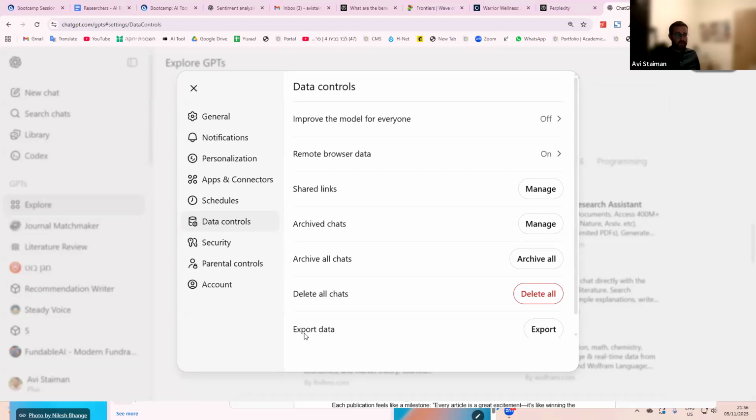So Fernando says Elsevier has a similar tool that uses articles within their journals. Yes, Elsevier has. I'll tell you, I'm always hesitant to use publisher-specific tools. I always prefer publisher-neutral tools because publisher-specific tools have a tendency to favor their own publications over other publications. So I just don't trust them as much.